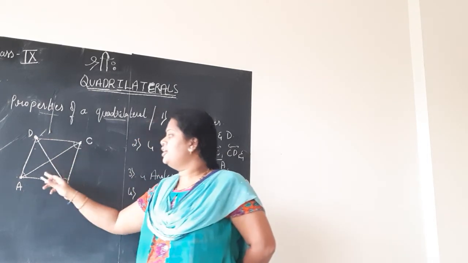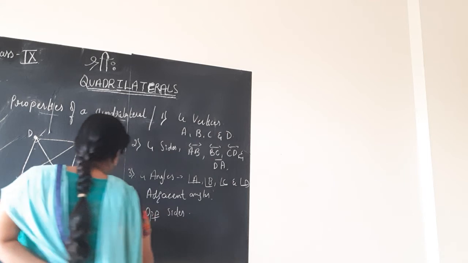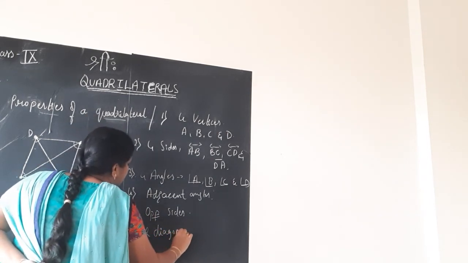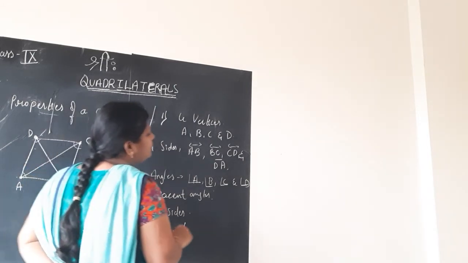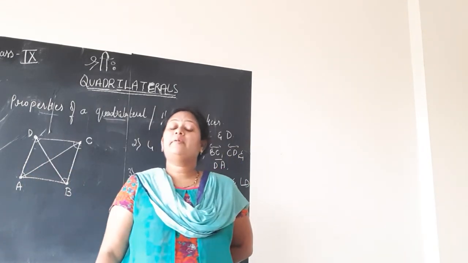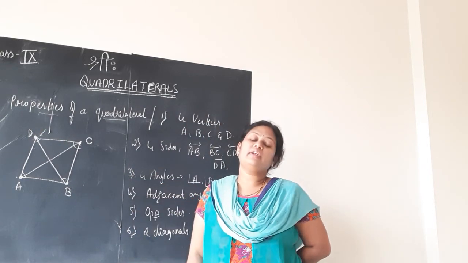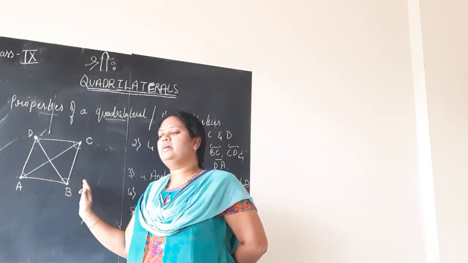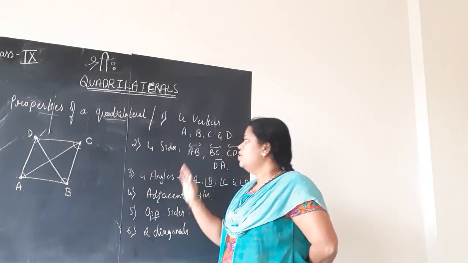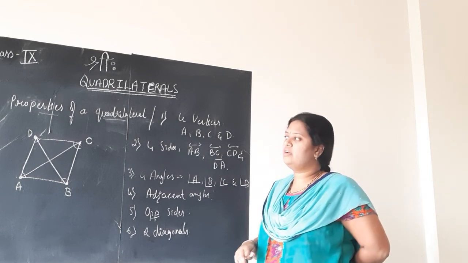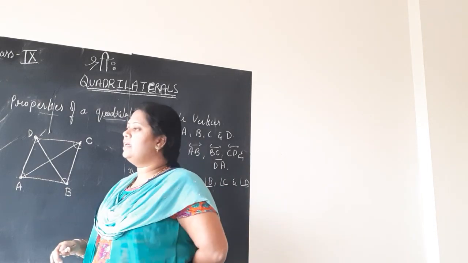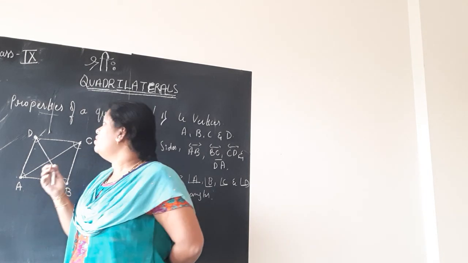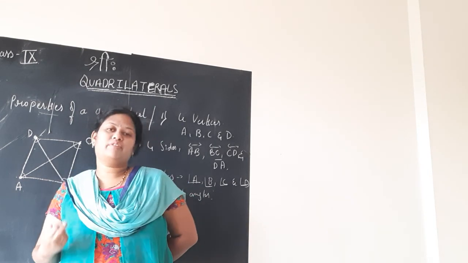So, totally you can draw two diagonals. So, a quadrilateral consists of two diagonals. What is a diagonal? It is a line segment obtained by joining the non-adjacent vertices of a quadrilateral or any figure you consider. Just stop it by saying non-adjacent vertices. So these are a few properties of a quadrilateral. And when you say a quadrilateral, you have studied about different types of quadrilaterals. So next we shall see which are the types of quadrilaterals.